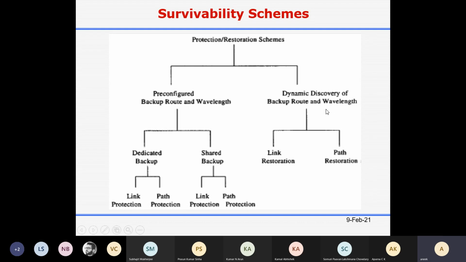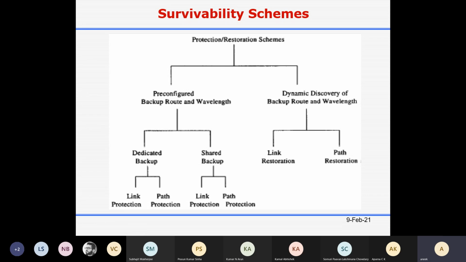But the disadvantage is that after the fiber cut, since the resources have not been reserved at the beginning, at runtime you try to find resources and you see that the resource is not available. Then this light path is disrupted, broken.